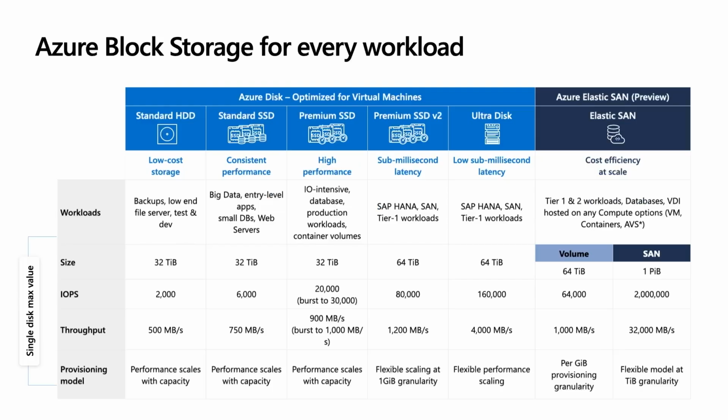The provisioned target on the SAN can be dynamically shared across volumes. Individual volumes can achieve 64,000 IOPS and 1,000 megabytes per second at a minimum deployment of roughly 100 gigabytes. So where do we think Azure Elastic SAN best fits? Ask these 3 questions to determine if Elastic SAN is the right solution for you.